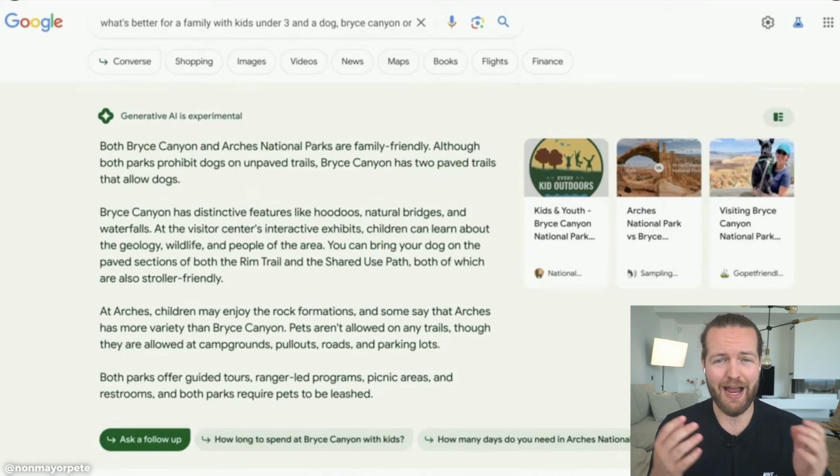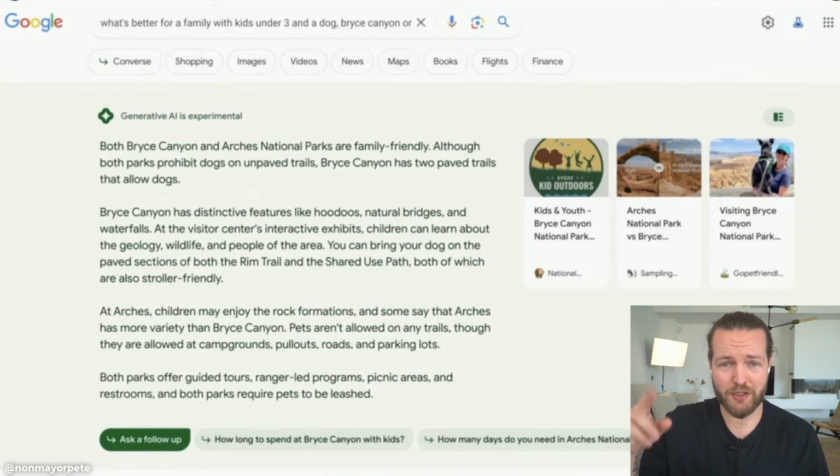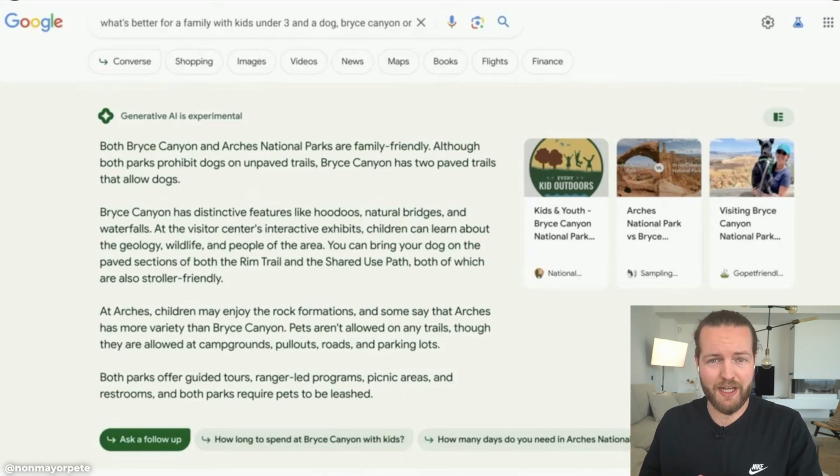SEO is about to change forever. As you can see, the user asked a very complex question and the answer was AI generated. And the regular web pages are probably just a couple scrolls down. So Google is getting beefed up with AI and it makes us wonder, how are they going to monetize that? We know that Google places ads on every single website. They even place ads on the top of search results and is using blogs as a creator to get traffic.